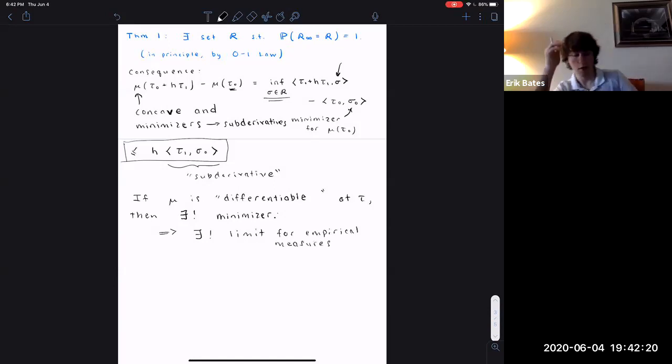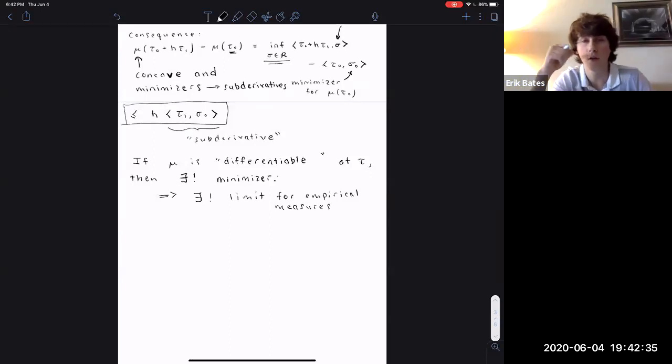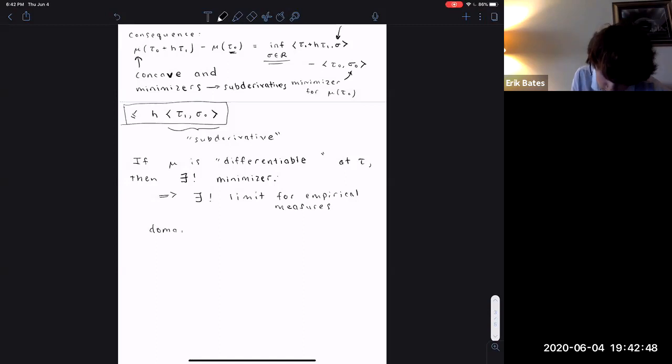So this is great news, because now I have a concave function that everywhere it's differentiable in some sense to be made precise, but everywhere it's, quote, differentiable, there exists a unique limit for my empirical measures. That is, I have a positive answer to the question that I started with. And this is all good news to us because we know that concave functions are differentiable almost all the time. And let me make that a bit more precise. So just to review here,